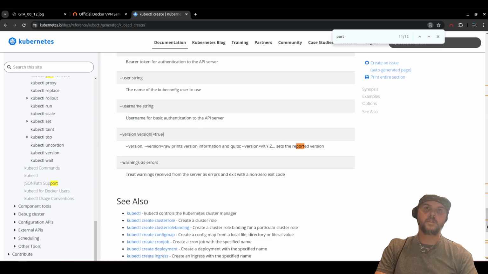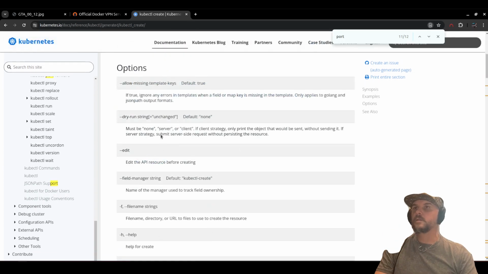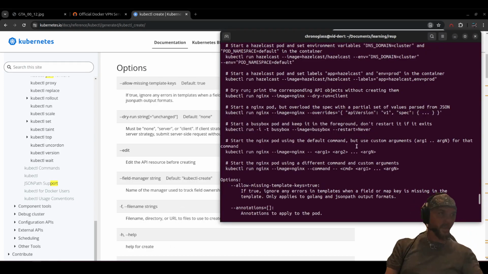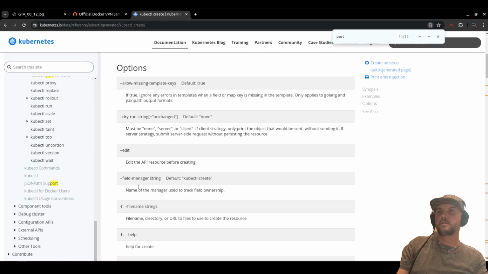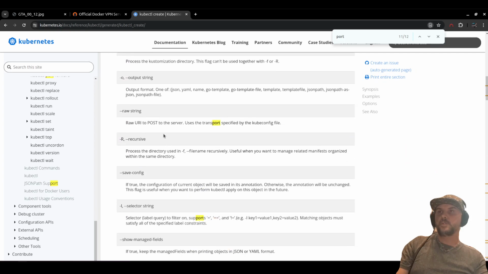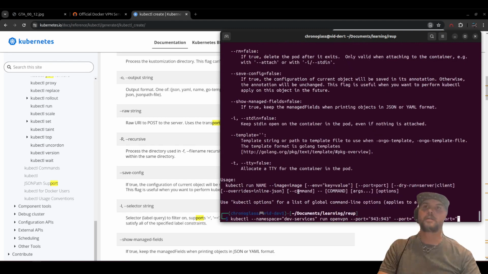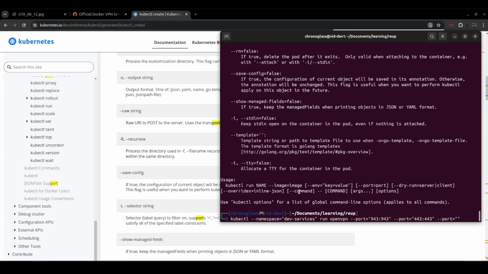Wait, what is this? Interesting. So I'm wondering how do we get multiples in there? I mean, I could just do an override to say TCP,